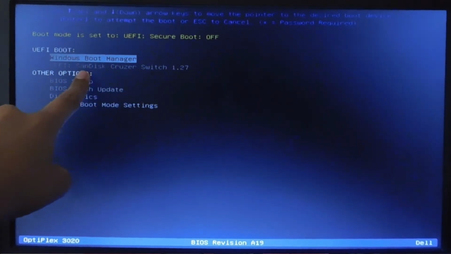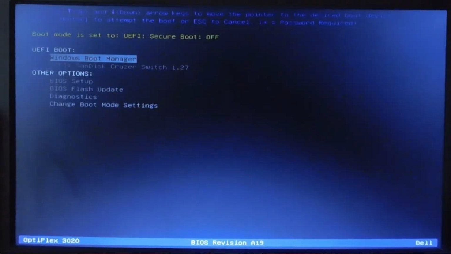After that, you will be able to see that there will be 2-3 options. It means the first will be Windows Boot Manager, and the second or third one will be your pen drive. And if there is only one drive, you will see Windows Boot Manager, and after that your pen drive. So you need to just select that one, and then hit enter.